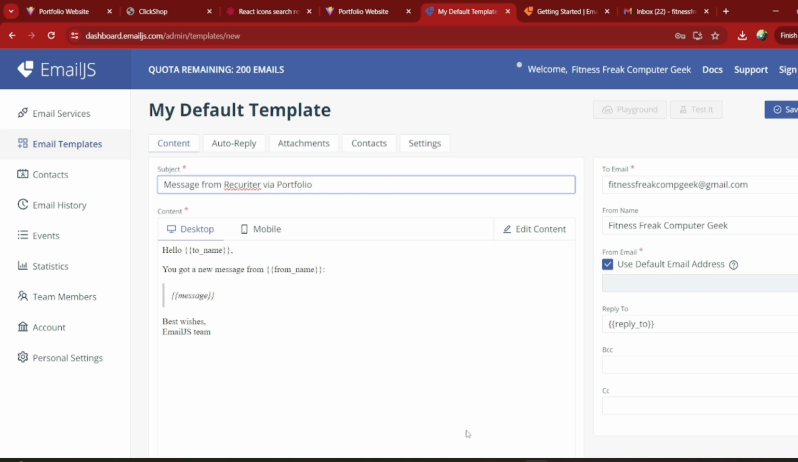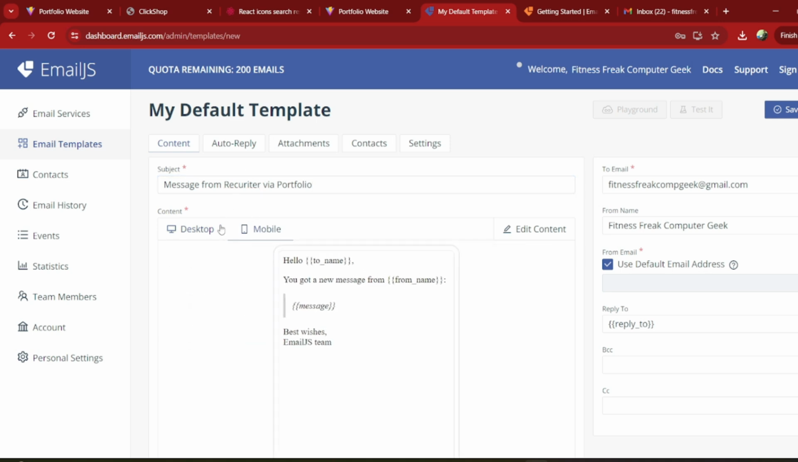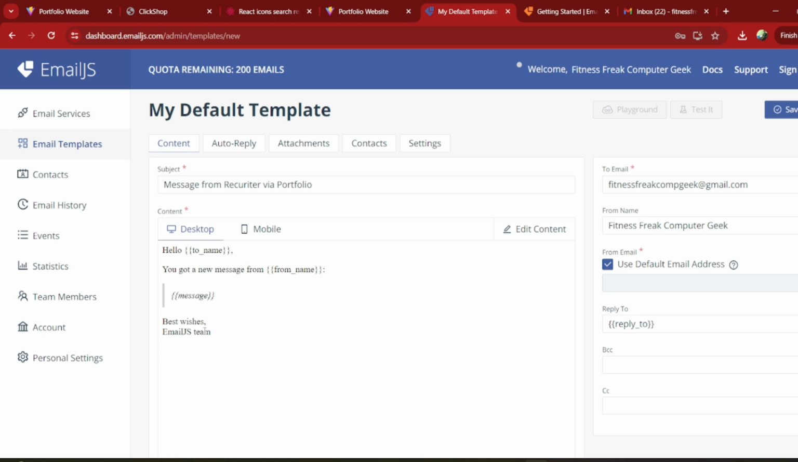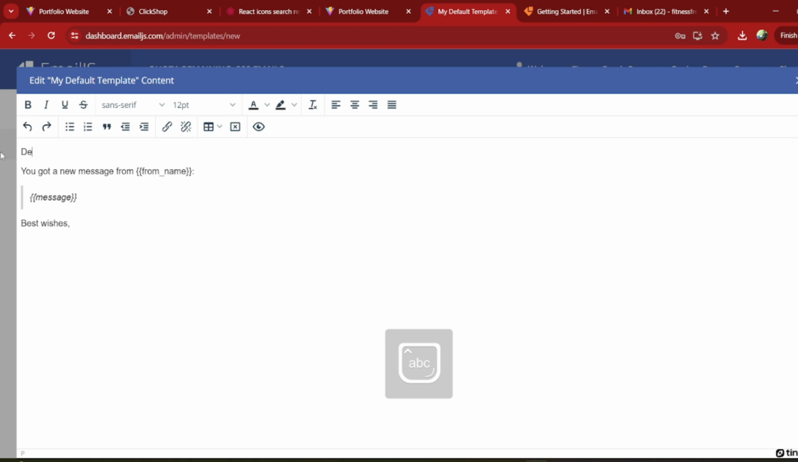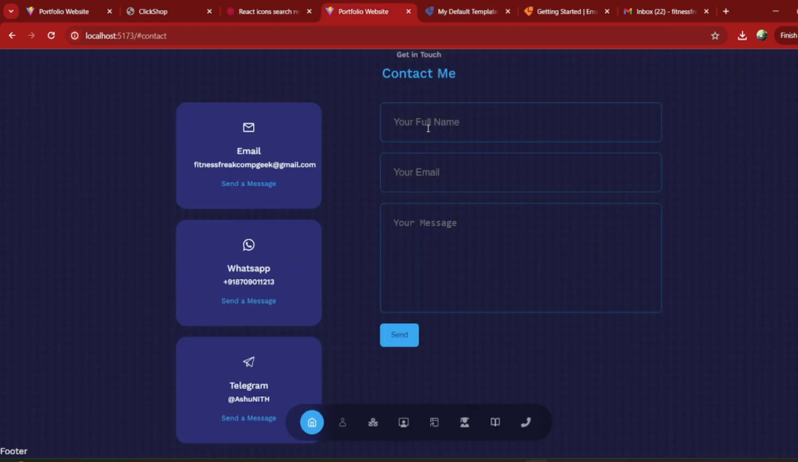Okay, so you can set it to any mobile or desktop. In mobile you will say like this, and in desktop you will do this. So I'm going to remove this, maybe edit the content. You can remove everything, but I will remove only a handful of things. You can see there, you're going to provide a name, whoever is sending the message, like your full name,